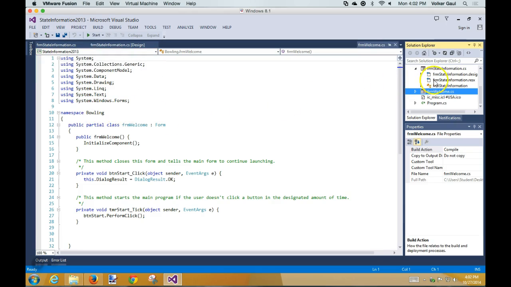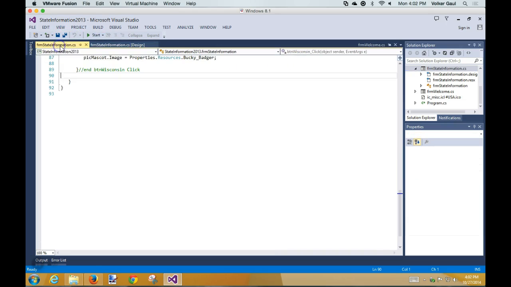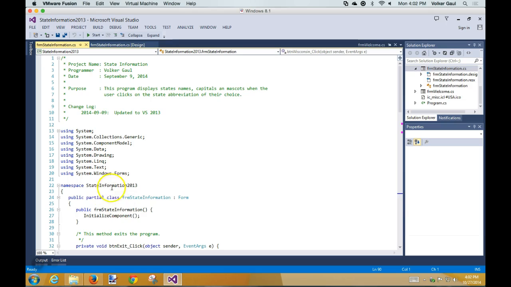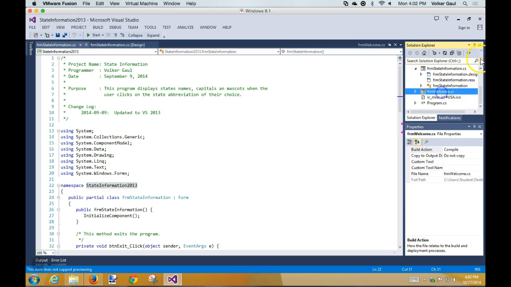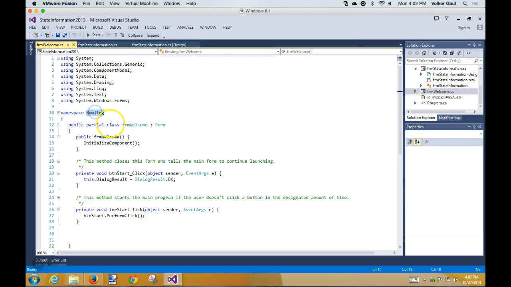I need to change its namespace, so I'm going to go get my namespace here. Again, all of this should be relatively familiar. Then all my squiggles should go away. There they go. Now everything's cool, but I still need to get the code into my states form load to get this thing to launch, right? I got it copied in, I got my namespace changed, but I'm a terrible typist, so